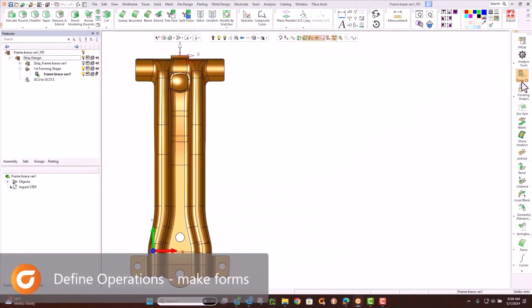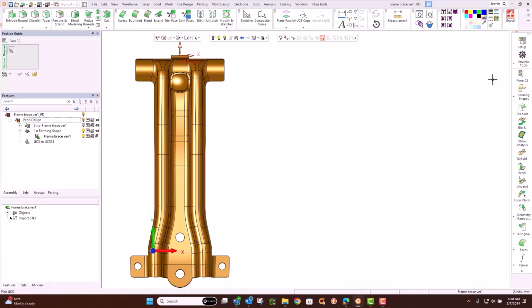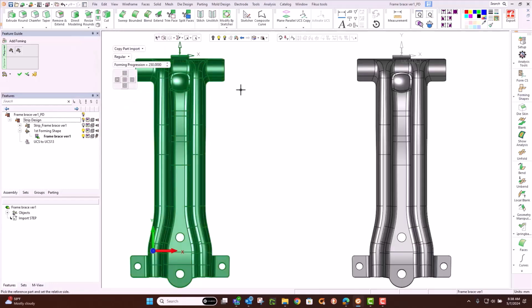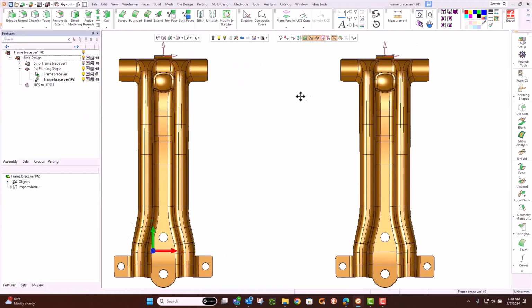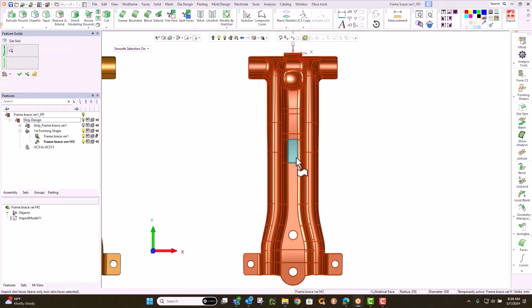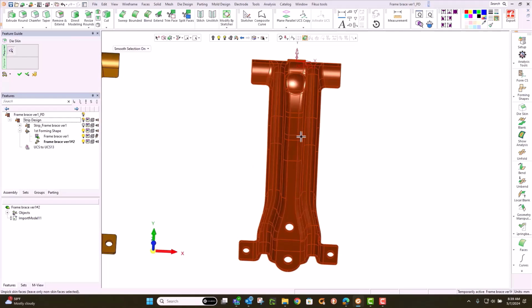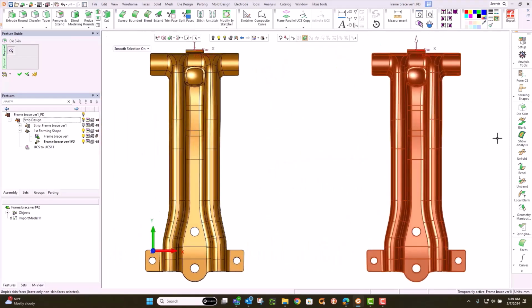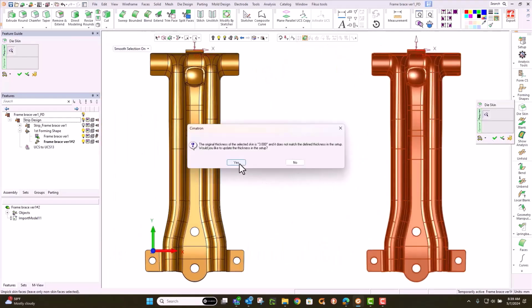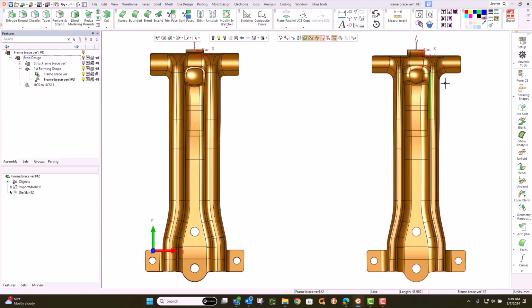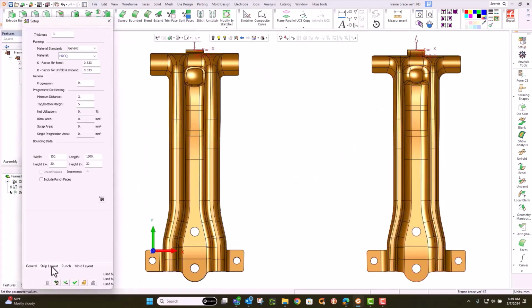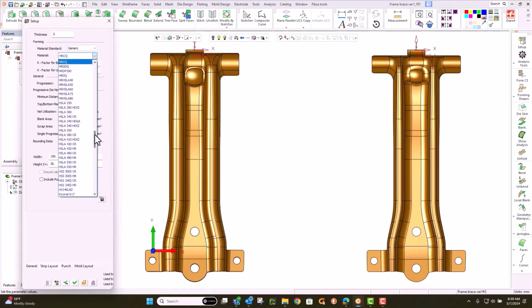We'll simply add a form shape, which basically is similar to making a duplicate of it. I want to decide if I'm working now with the punch side surfaces or the die side surfaces. My preference is the die side. And as I do that, it quickly takes a measurement of the overall wall thickness. That information is then put here into this setup tool, where now we pick the material, which can be from the simple drop-down catalog of materials,